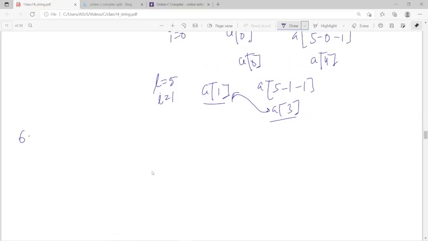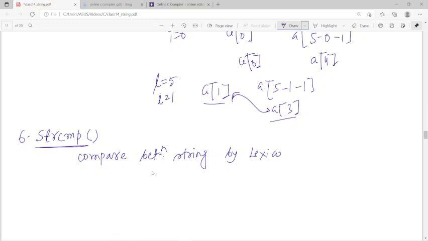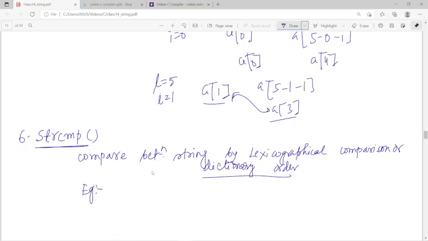There is also another thing that is called strcmp, that means string compare, right? That means this is compare between strings by lexicographical order, lexicographical comparison, or that is also called dictionary order. So in that particular case, what do you mean by dictionary order? মানে ডিকশনারিতে কোন লেটারটা